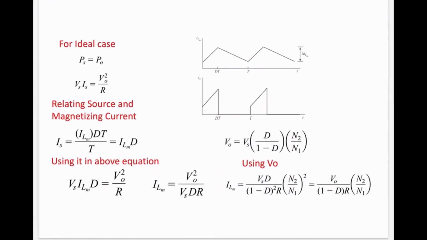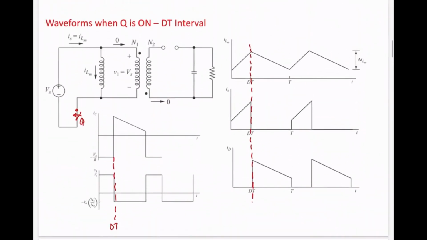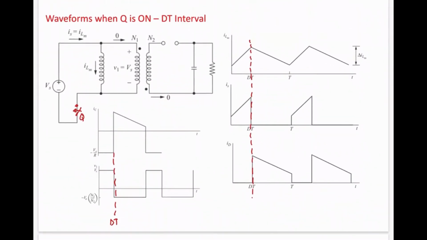Okay, now let's look at the converter as a whole. But before going towards this slide, I am moving back to the slide where we were discussing the waveforms. When your switch was in the on state, the magnetization current was increasing, and when you have turned it off, now the magnetization current is decreasing. The slope is negative. And when you will turn it on, it will be rising and so on.